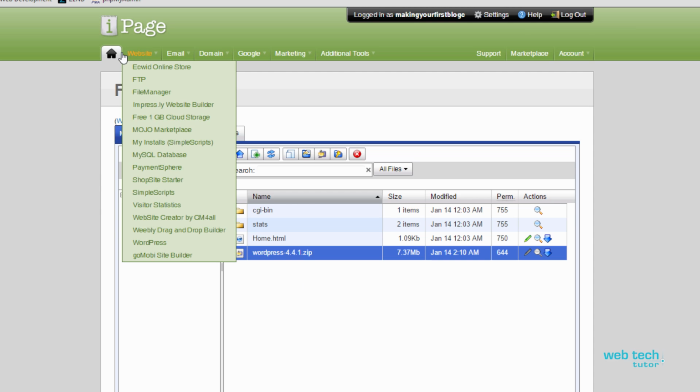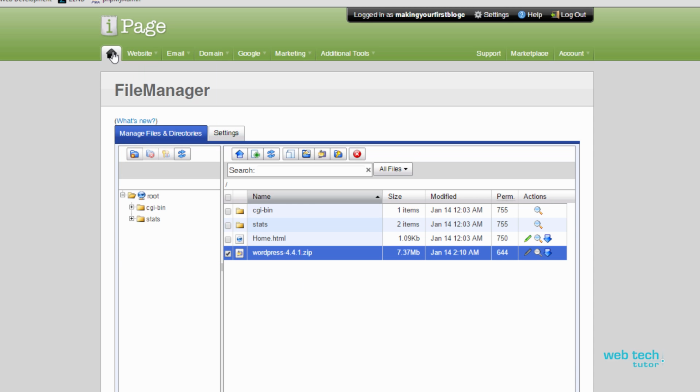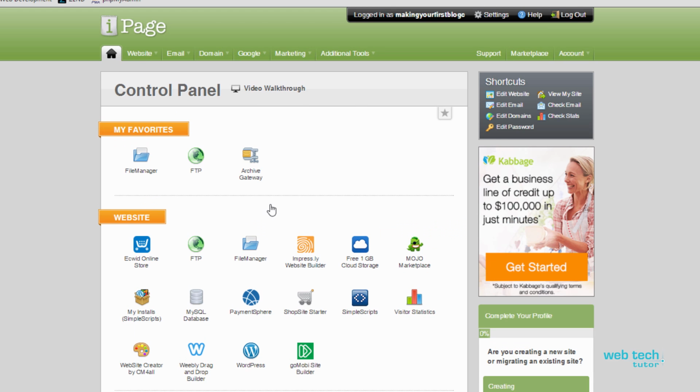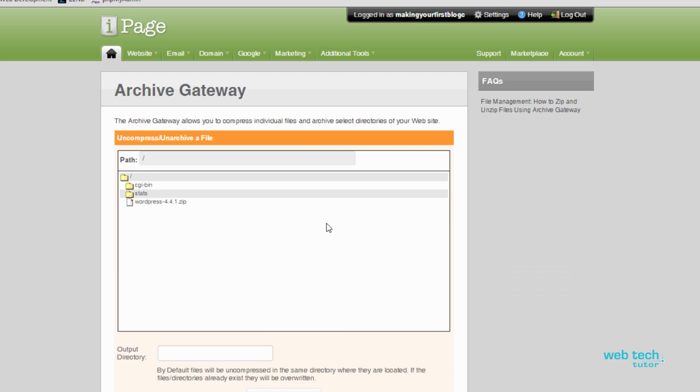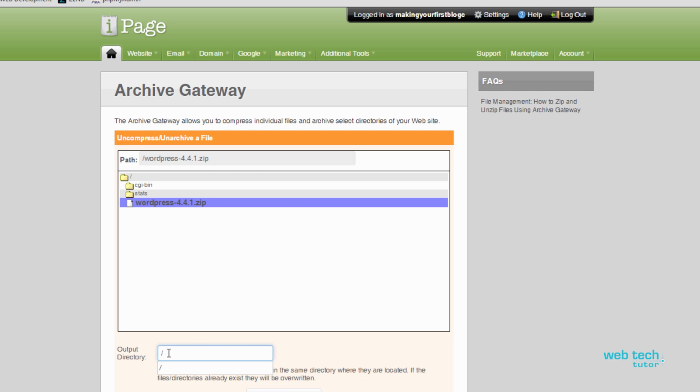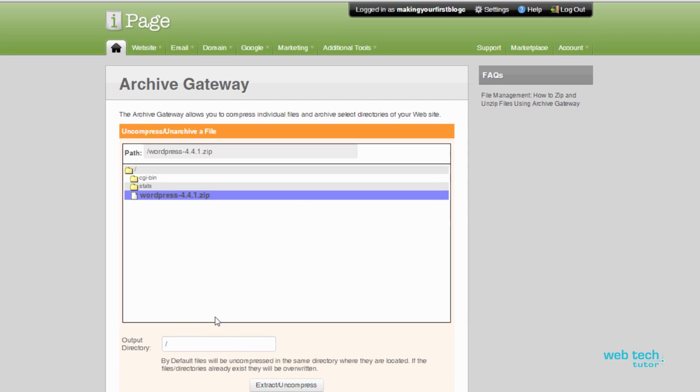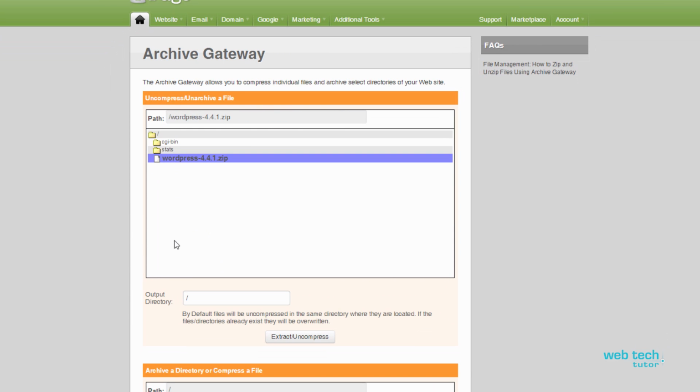So go back to the home page, or to your control panel home, and scroll down until you find Archive Gateway. And this tool will be used to basically extract that zip file. So select the zip file, choose your output directory with a / that represents the root directory. So it'll just dump all the files in this root directory here. Click extract or uncompress,